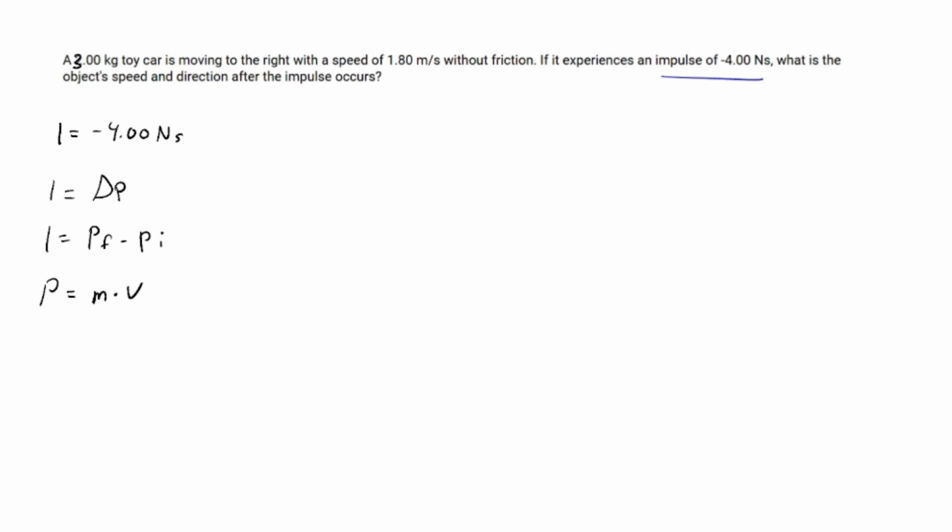Alright, so for this question, we have a 3 kilogram toy car that is moving to the right with a speed of 1.80 meters per second without friction. And the question is, if it experiences an impulse of -4, what is the object's speed and direction after the impulse occurs? So our impulse is -4, and another formula we have is that our impulse is equal to change in